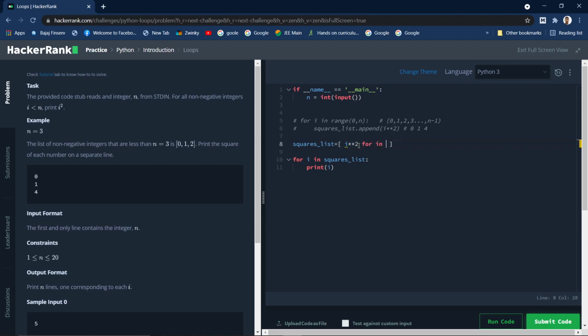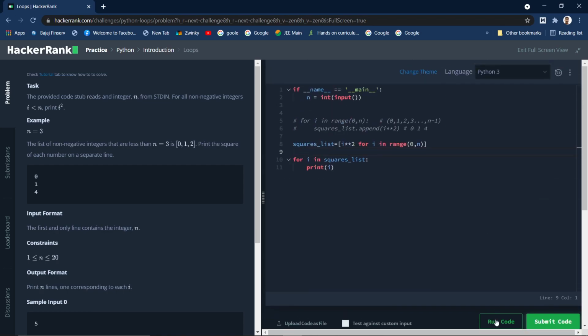So for i in range of 0 to n. This is a much more concise and shorter way of getting the result. So what is happening here? First we are iterating: for i in the range of 0 to n, this is a for loop. We get an i, we take the exponent of that and store it in the new list. So this is a much shorter syntax, right?